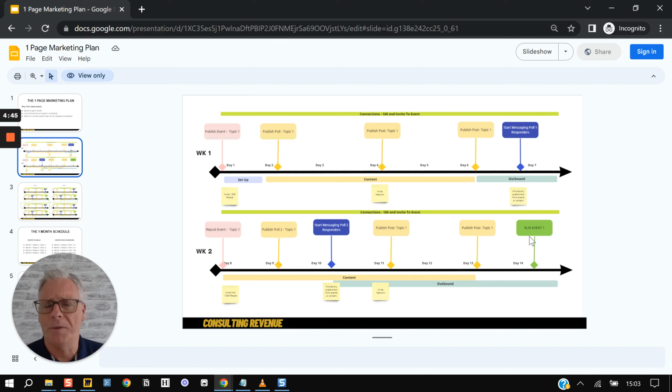All legal, all within LinkedIn's limits, not breaking any rules, no shadow bans on your account or anything like that. So if you have enough people in your LinkedIn network and you run an event 2 weeks out, you can invite 2,000 people for free without breaking any rules from your existing LinkedIn network, which is why it's such a powerful thing.